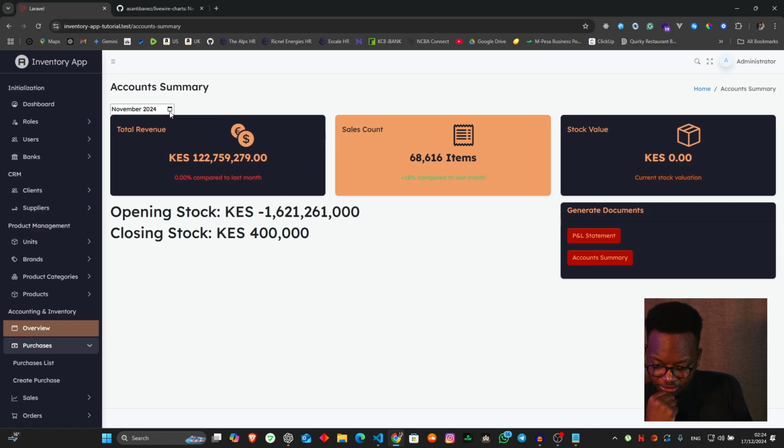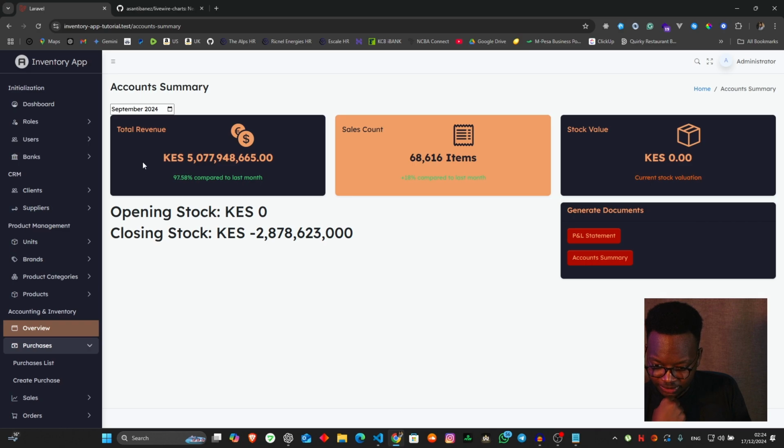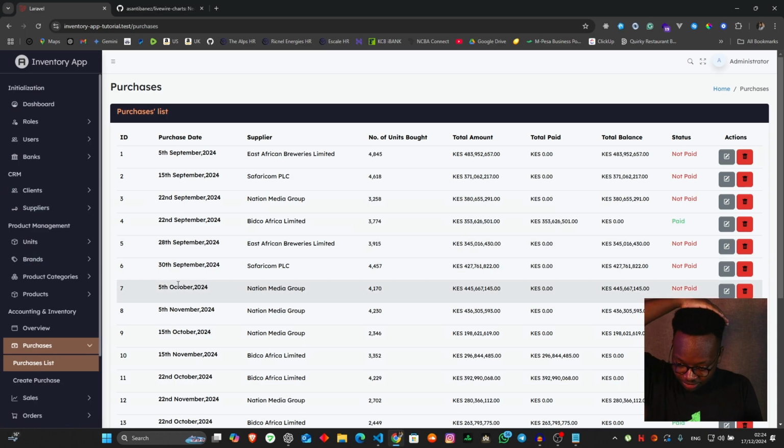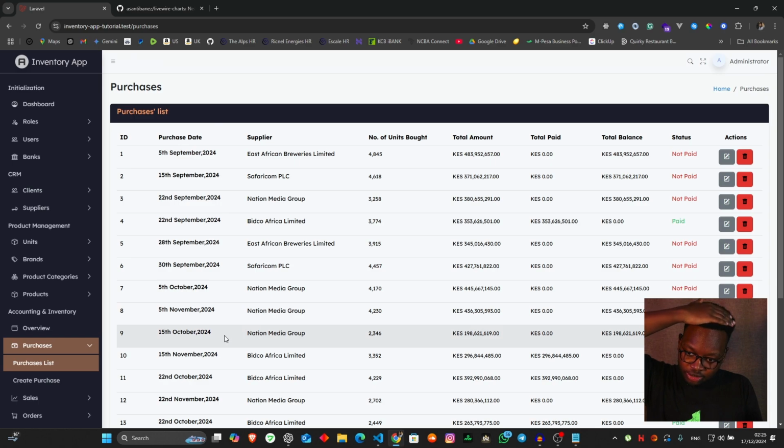So you come in here, closing stock is this, and then you can see the stock valuation is supposed to actually be this 400,000. That's supposed to be our current stock valuation, if this is the current closing stock value. September, like so. So you have opening stock here, and then you have closing stock here. So I don't understand why we have a negative, whereas if we go to opening stock, meaning that we have to have bought some stuff. So we buy some stuff on this particular date. These are purchases,